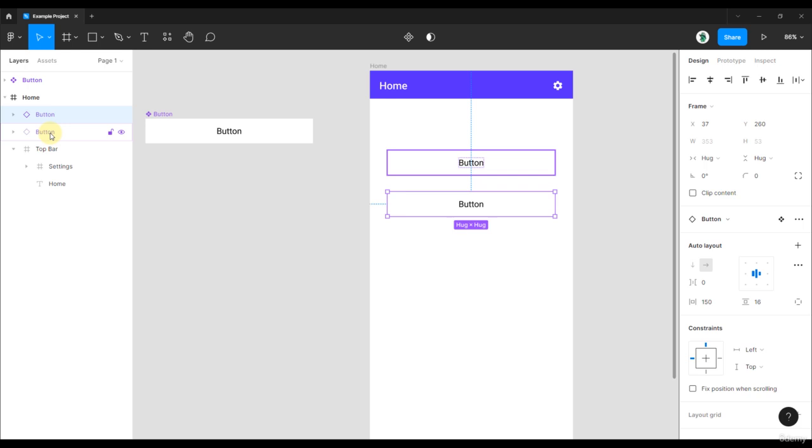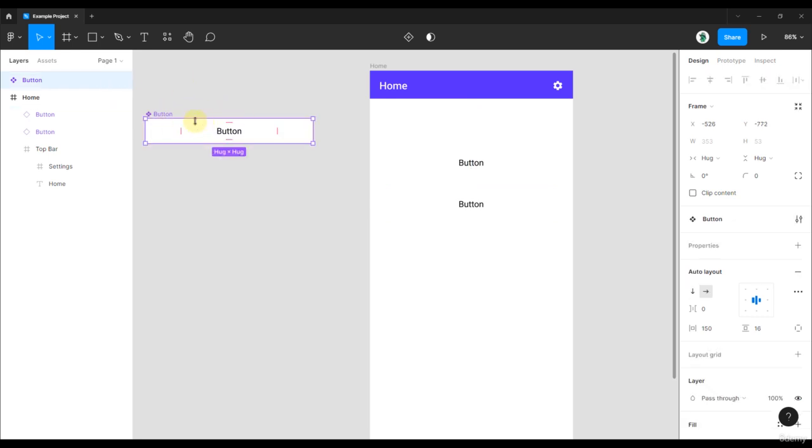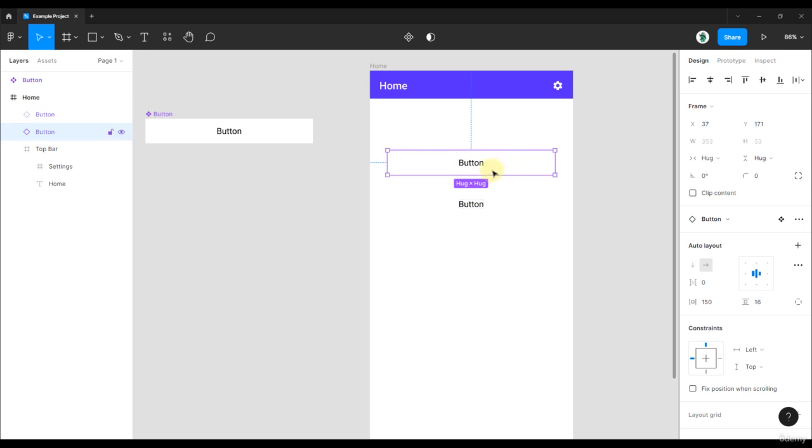So those two instances of our component will have the same purple color, but this diamond shape icon will be just outlined, and it will not be filled like our master component, right? So we can modify this component only by modifying this actual master component, right? So whenever we select our actual component, then we're going to see here a new section in our design panel